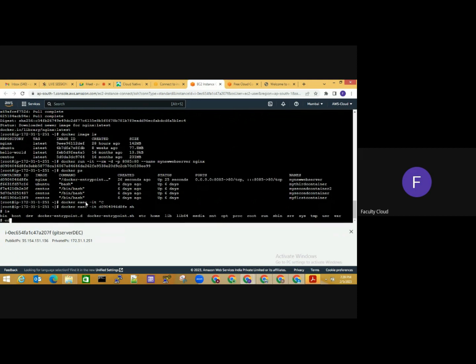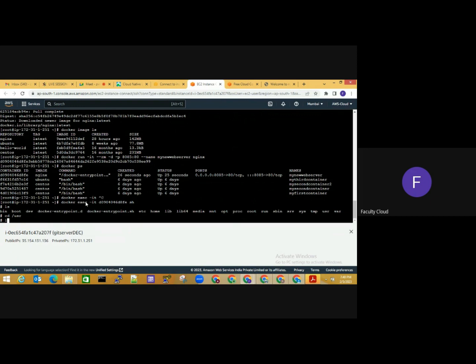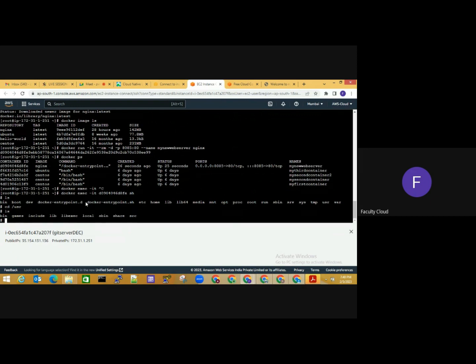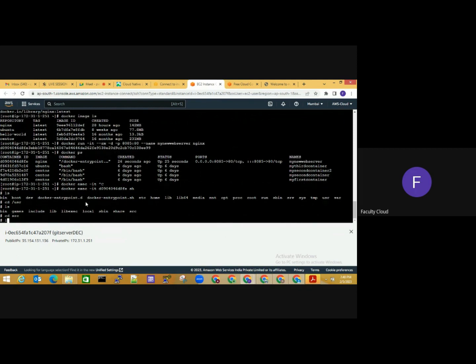So what do I do? I'll go to the path, nginx. cd slash usr, that is a path. Okay, then I will have cd src.